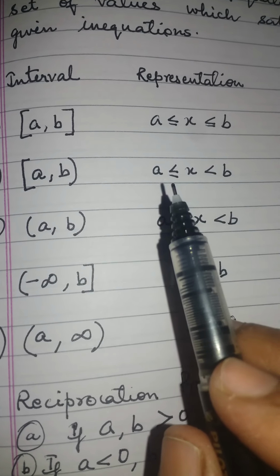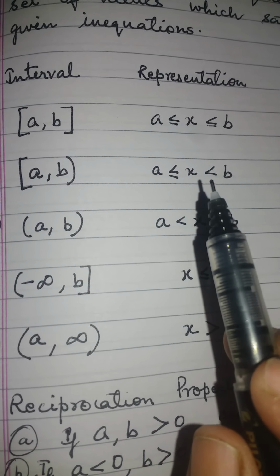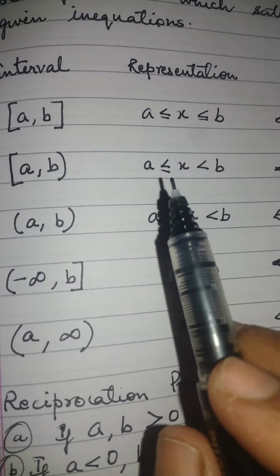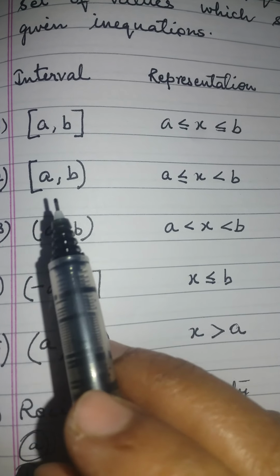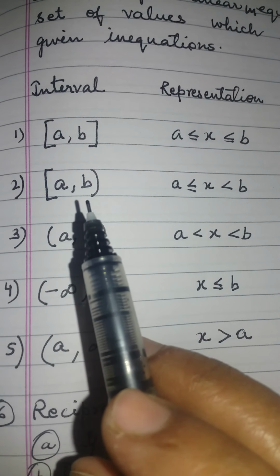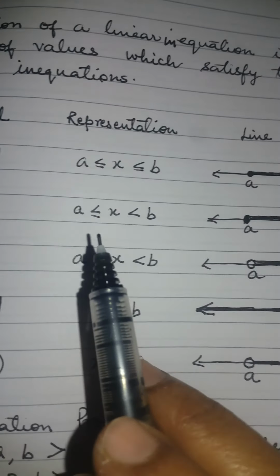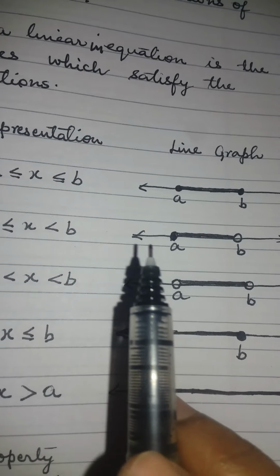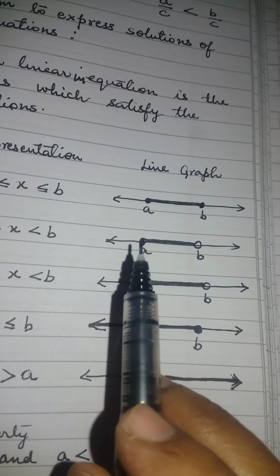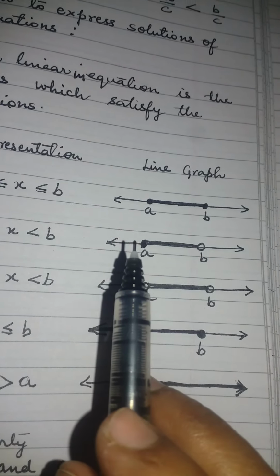Similarly, suppose you get your answer as a less than or equal to x less than b. See, b does not have an equality sign, meaning b is not included. So in that case the interval form will be closed towards a because a is included, and open towards b. This parenthesis stands for open interval. And the representation in the graph will be on the number line: locate a and b. At a you will make a filled circle, at b an empty circle, and then stretch a line in between.